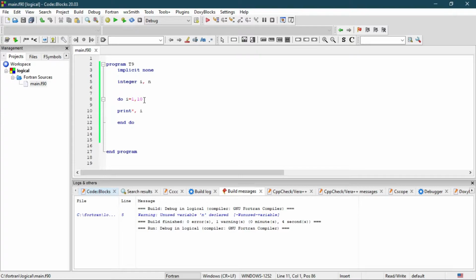So now let's say it is not 10, it is any arbitrary number, say n. The final value of I is n. So now we have to read it. So print enter the last value.